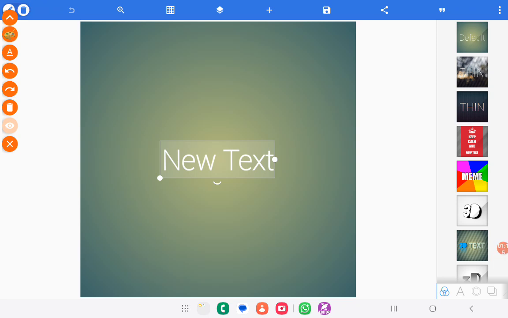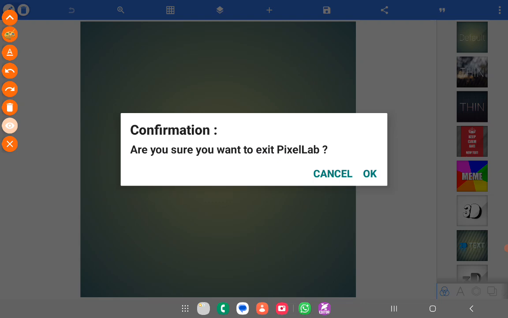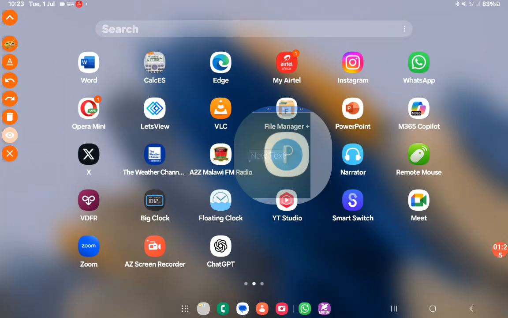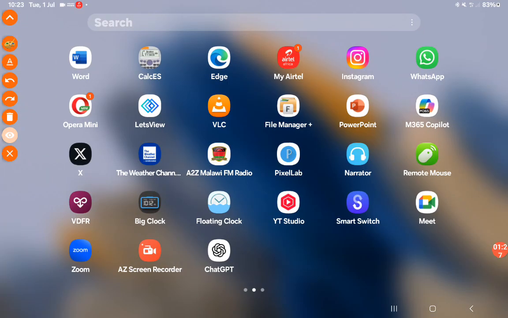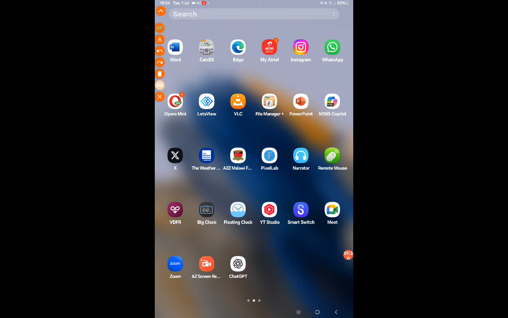Pixellab is a very powerful tool, readily available on your phone. You can use it to create very attractive posters. In our last lesson, we looked at how you can use Pixellab to create